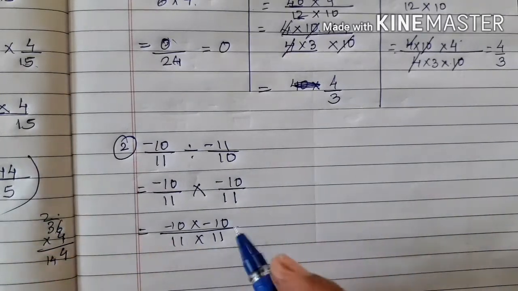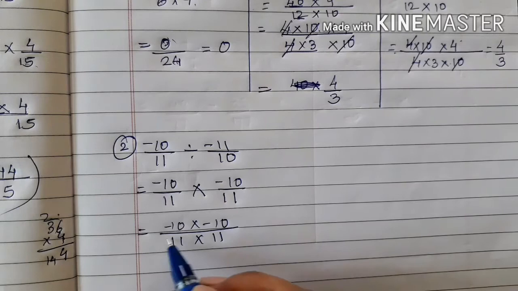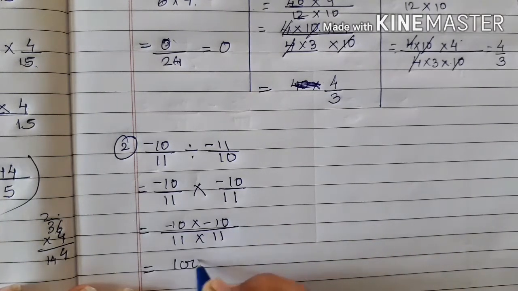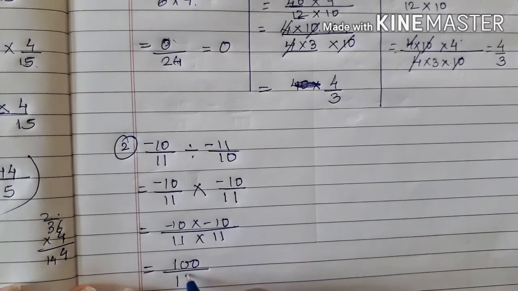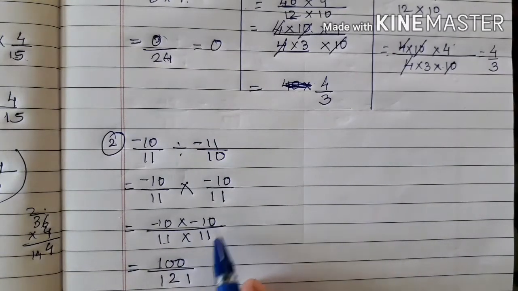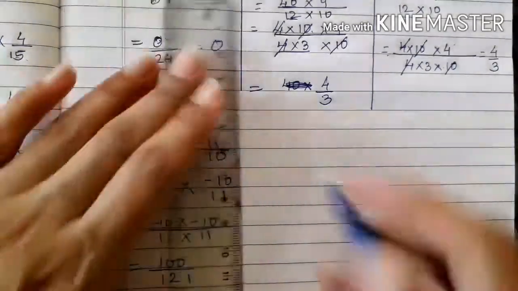So instead of finding the prime factors of these numbers and finding the easiest and the smallest reduced form, what we have done, we have directly multiplied it. So 10 tens are, that is going to be 100, and 11 elevens are, that is going to be 121. Okay, and the numbers are not getting reduced, children. We cannot find the similar multiples for these two numbers, right? That is why we have directly multiplied it.